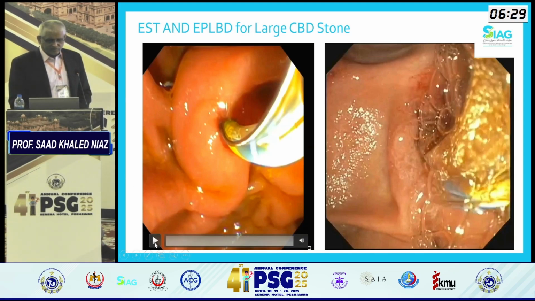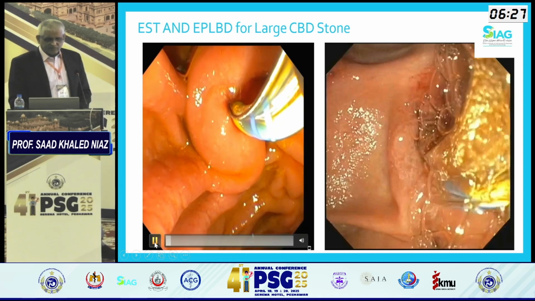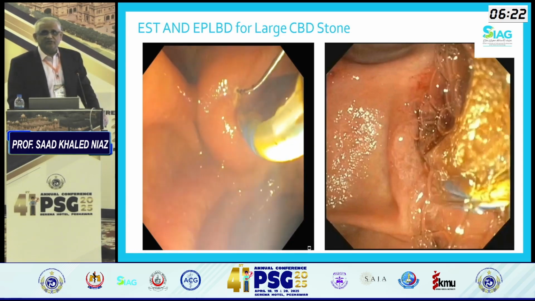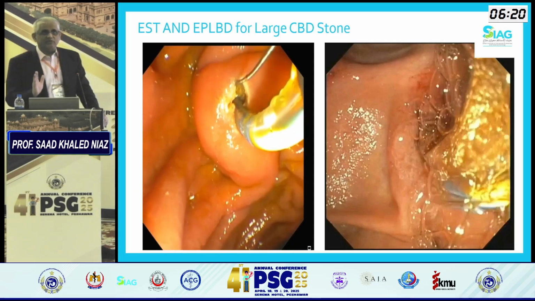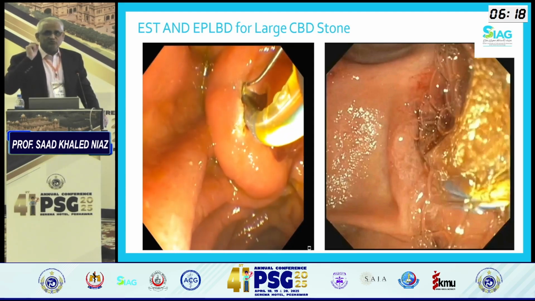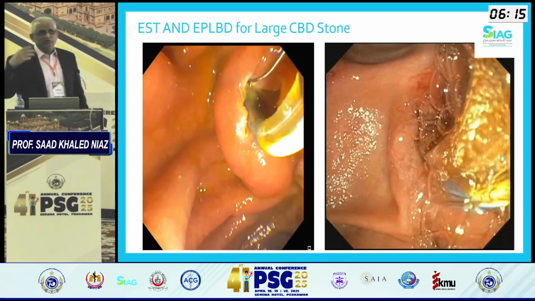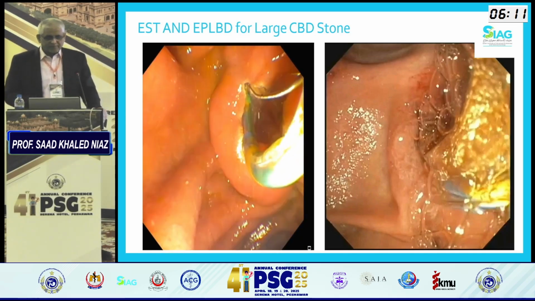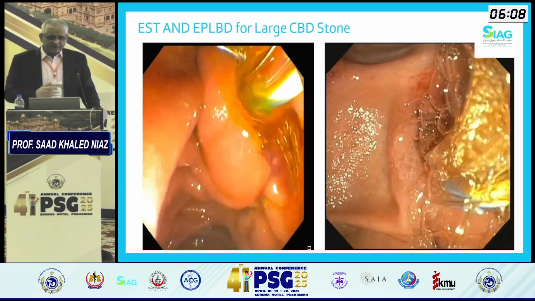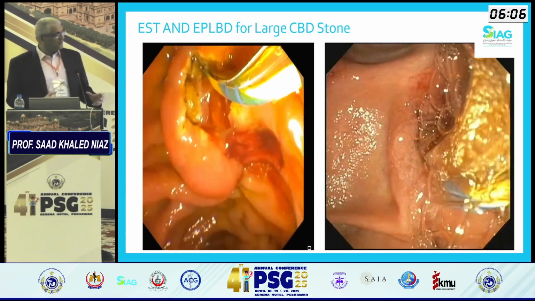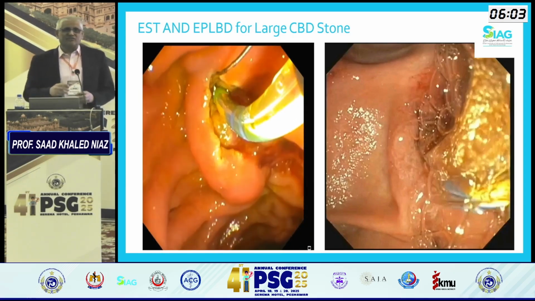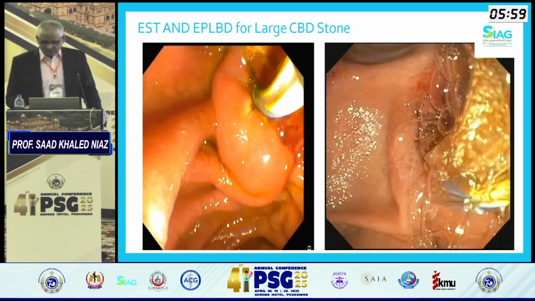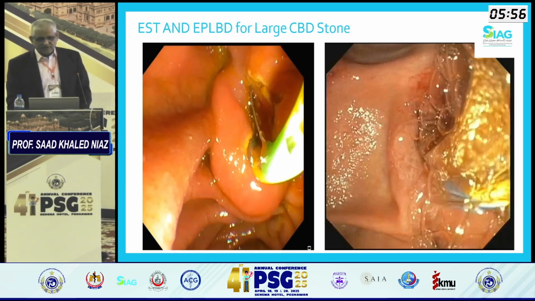Quick sphincterotomy, and this is something that we may differ on. I personally believe that whenever you're doing a sphincteroplasty, you should do an adequate sphincterotomy with an intent to remove the stone. And if you can't remove the stone, you shift and do a balloon sphincteroplasty. There's more space. With the sphincterotomy, you need to be careful: if the stone's small, there's no point going all the way. But if the stone is big, then you need to make a decent sphincterotomy.